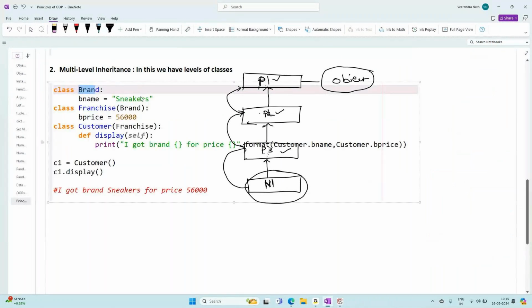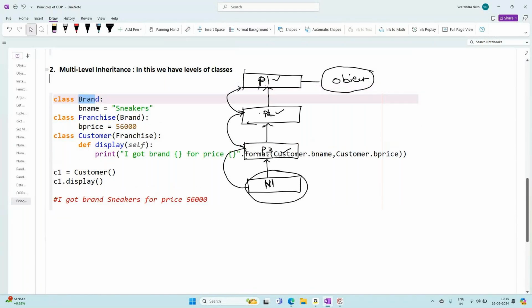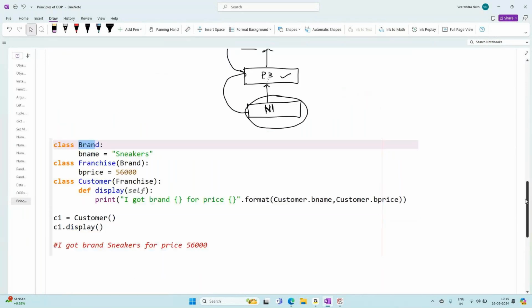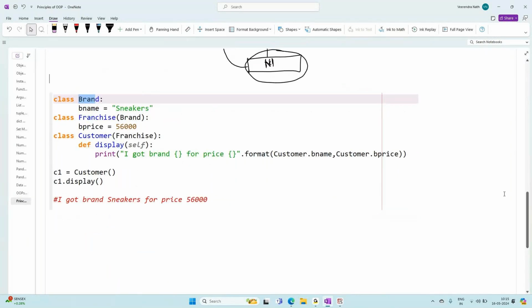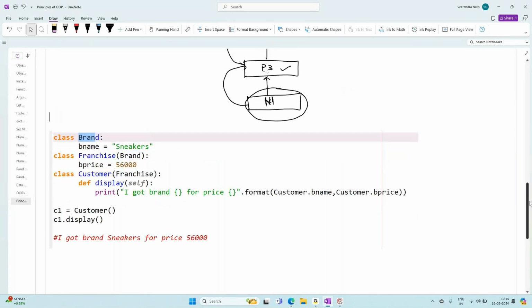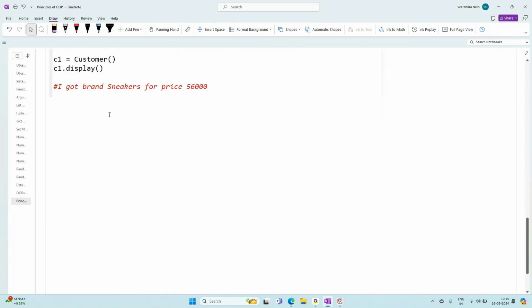Whenever we are talking about multi-level inheritance, you need to remember this. Multi-level inheritance is a type of inheritance wherein we have multiple levels. But for every class, who will be the parent? Object will be the parent. If you give it or don't give it, it doesn't matter. Object will be the parent for sure. Got it? Okay. Next, we will talk about